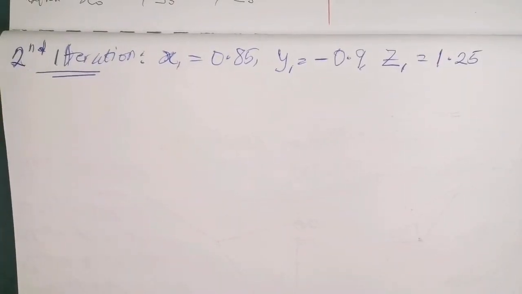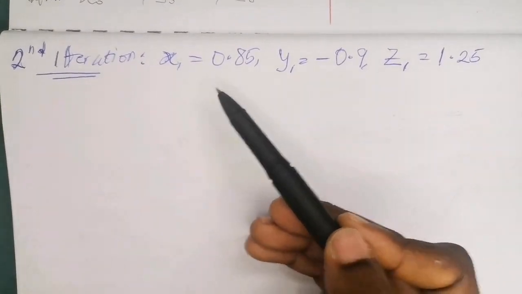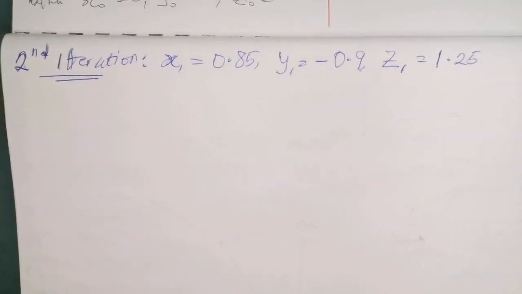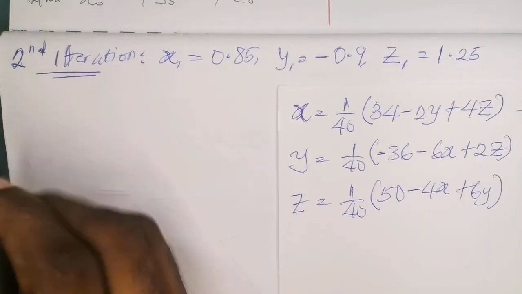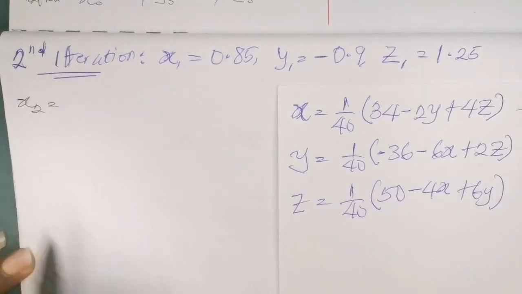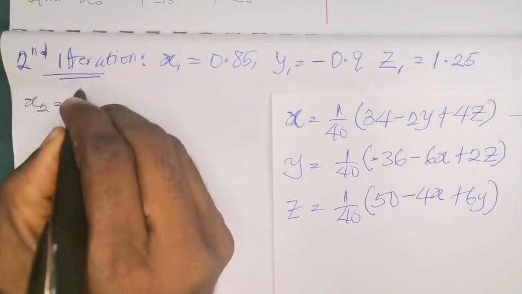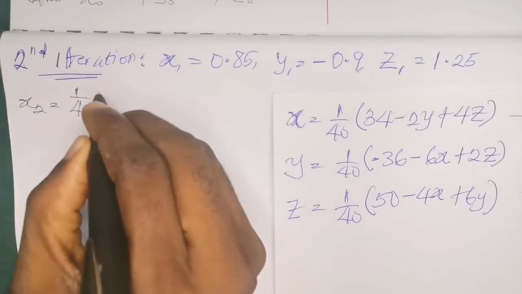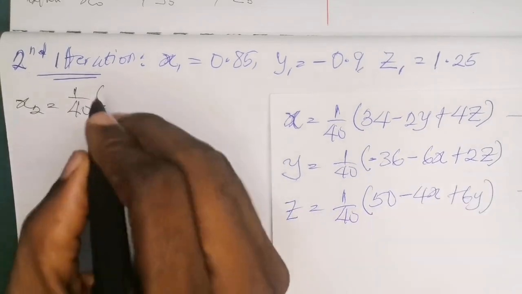So we carry on now with the second iteration, not forgetting these are the values we obtained from the previous iteration. Now for the second iteration, we iterate the value of x. So x now becomes x2 for the second iteration. So x2 is going to be equal to, we are still maintaining this equation. So that becomes 1 all over 40 multiplying now by, I have here 34,